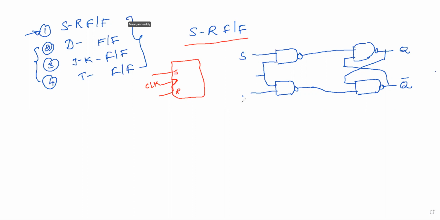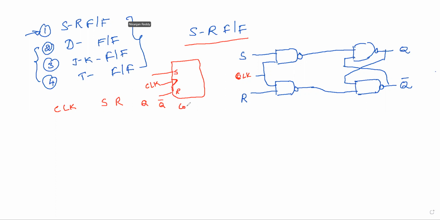This is my S input. This is the R input, right? So call this the clock. This is the circuit diagram. Now the analysis is similar. The only thing is that instead of enable, we are now using the clock pulse. So the truth table goes like this. I have to use a clock, next the S input, R input, and outputs Q and Q bar.